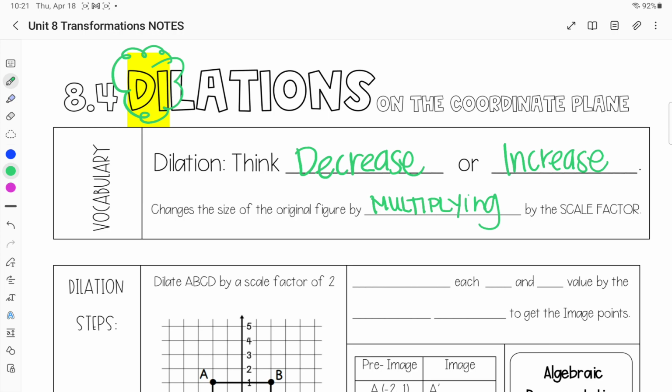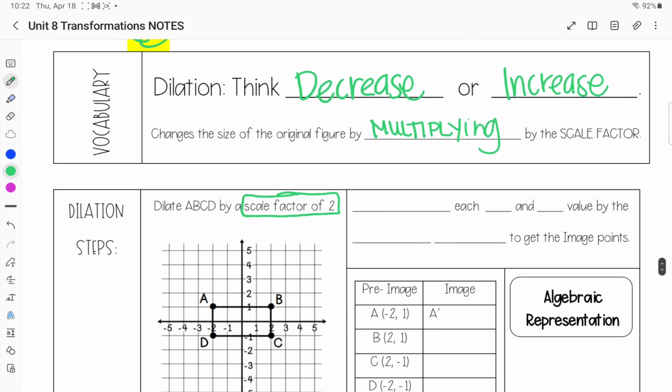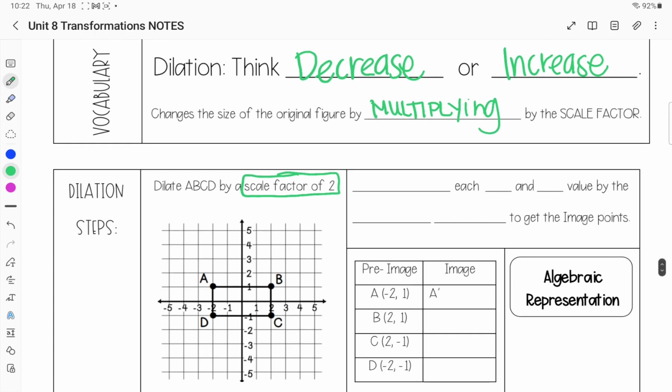All right, so here's what we're going to do. We're going to read, and it's either going to give us a scale factor, or it's going to write it in algebraic notation, or algebraic representation, and then we can find the scale factor based on that. So we have our points right here already. We have our pre-image points. To get our image points, so we have B prime, C prime, and D prime,